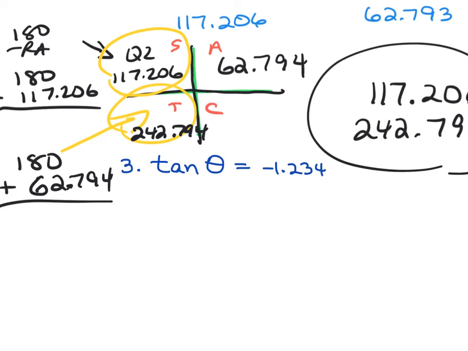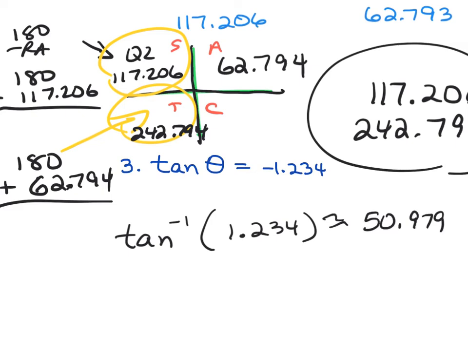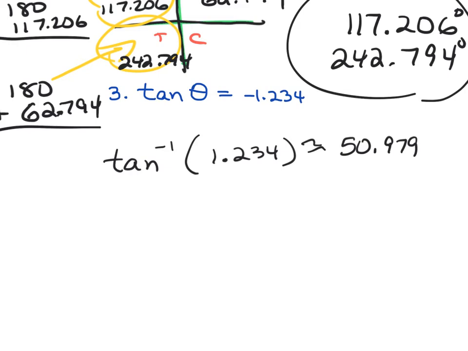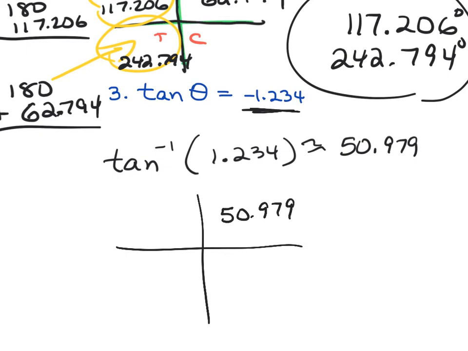All right, so for tangent, we're going to do second and then tangent. So it opens up tan negative 1. Again, this one's negative. So you can either enter it in with the negative, but let's say we do it with the positive. Once I do that, I get 50.979. Now, since I entered it in as positive, know that that gave me quadrant 1. To get quadrant 2, I subtract it. So when I do 180 minus 50.979, I get